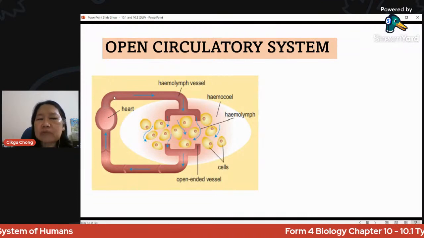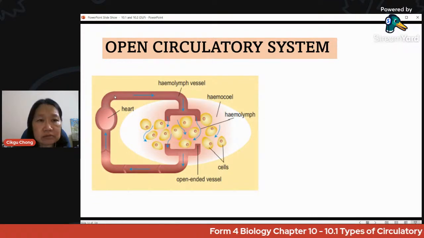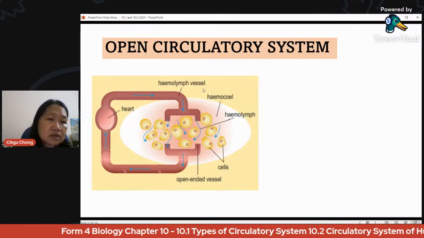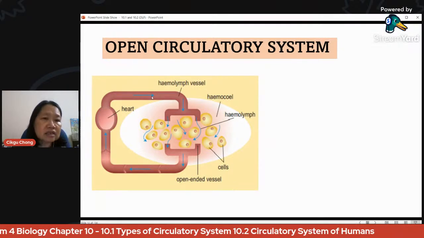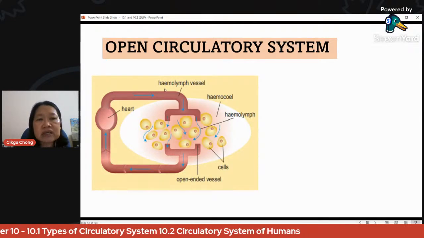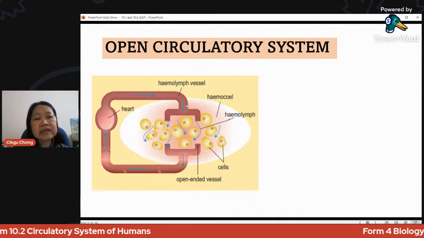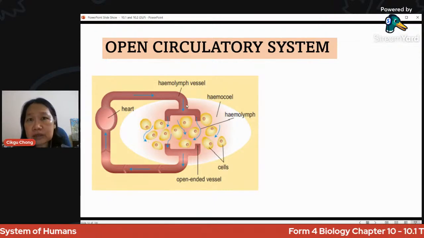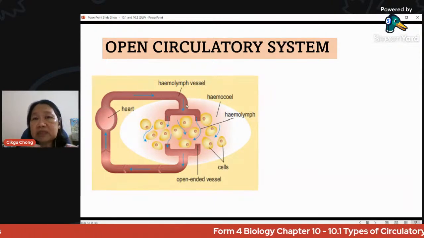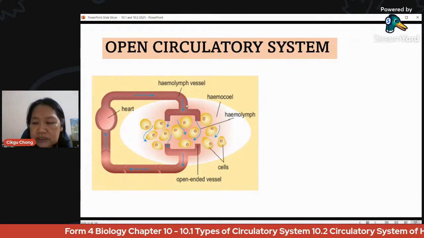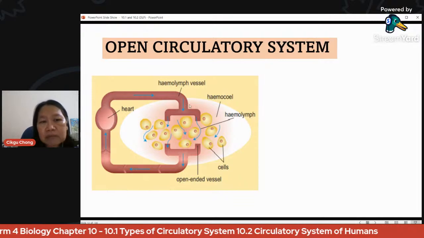The blood, or whatever we call it, blood or the fluid, goes into the tubes. These are the tubes, they call it the vessel, okay? For insects, this liquid is called hemolymph. We don't call it blood because they don't have blood. Insects don't have blood. But insects have a type of liquid, a type of substance, a fluid that we call hemolymph. So it is always in tubes, but when it comes to the body cells,